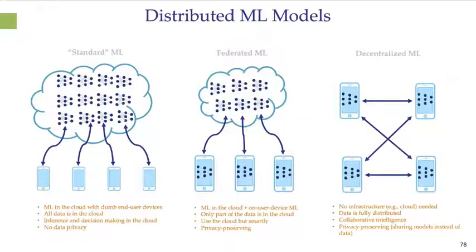And then finally, decentralized machine learning is a different model where, again, learning is done by end user devices, but there's no device playing the role of the cloud. That is, all the learning is going to be done on the end user devices. There's no aggregator, but there may be peer-to-peer communications where there can be some consensus achieved about what the models should be. So here I'm going to talk about federated learning, and I'm going to talk about decentralized learning.